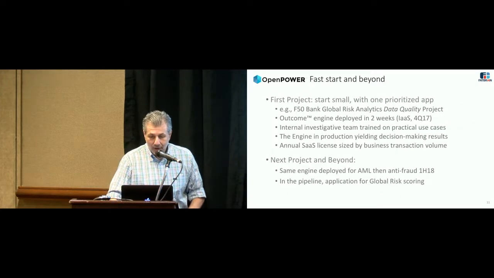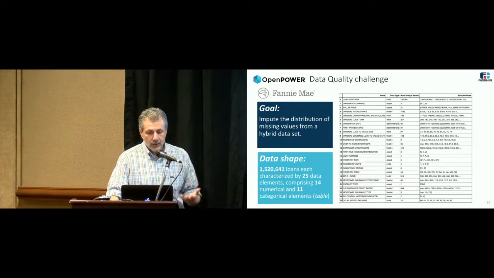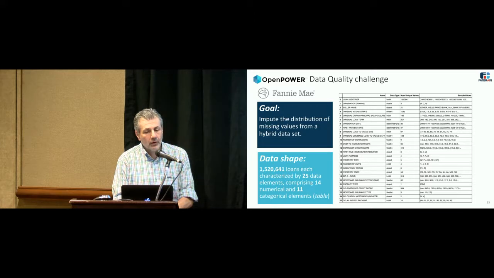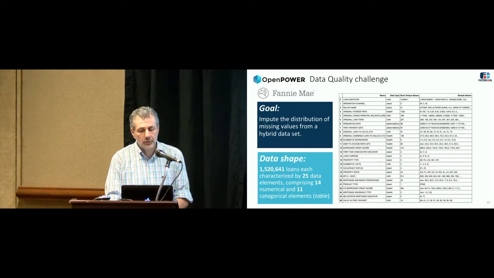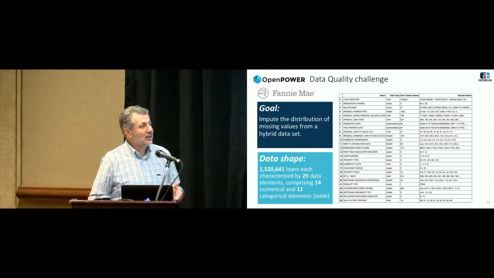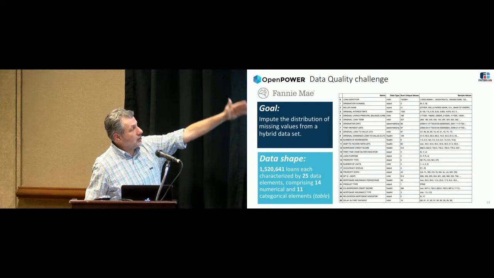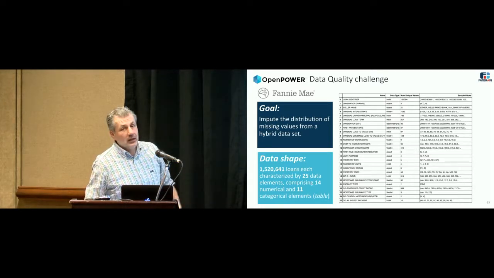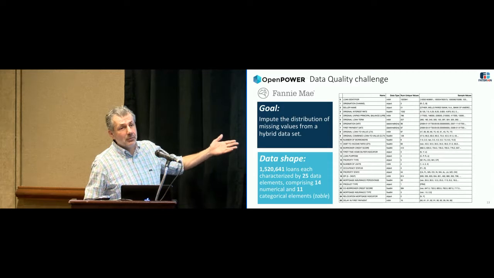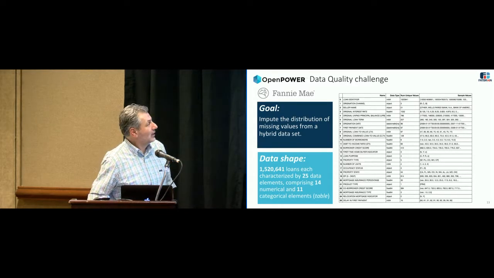We talked about how fast we can start. Just a little bit of the use cases, I'll give you a flavor of that. So this is something we did for a bank on data imputation, and more specifically, this was a data set. It's a publicly available data set, so I can show it to you. Not the stuff that we did for the bank on their own data. But lots of different things that are in the Fannie Mae data. This all happened to be 2008 data because it's exciting things that were happening that year for banks.